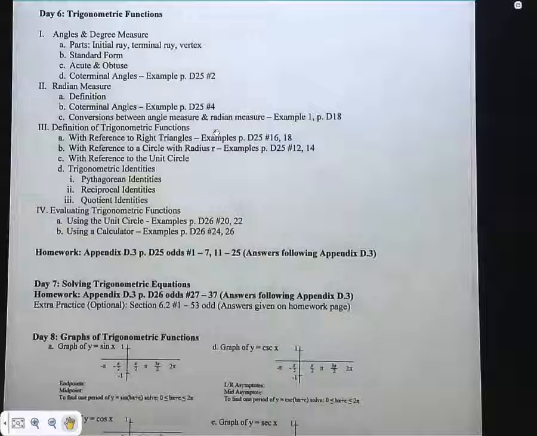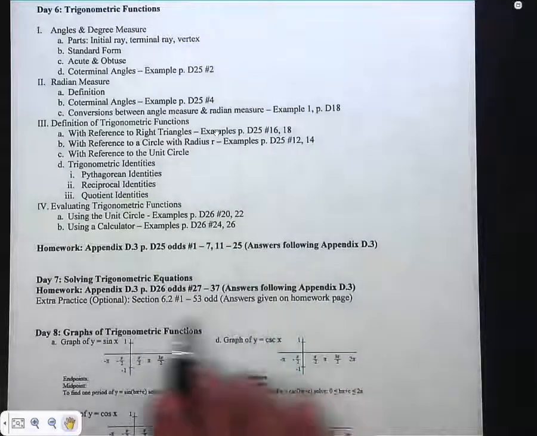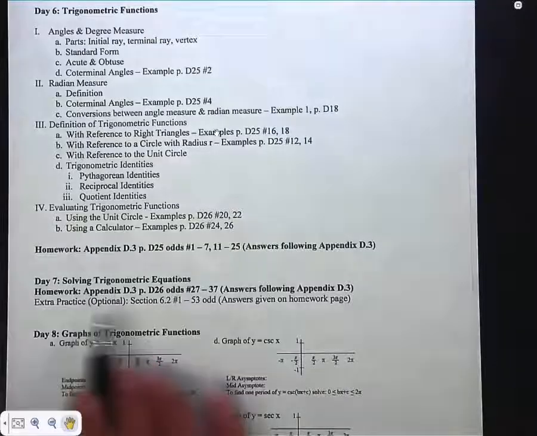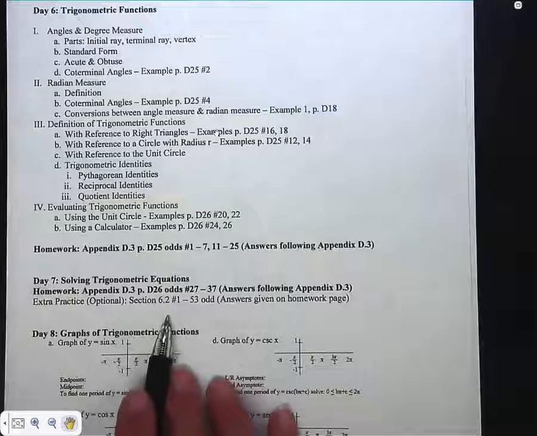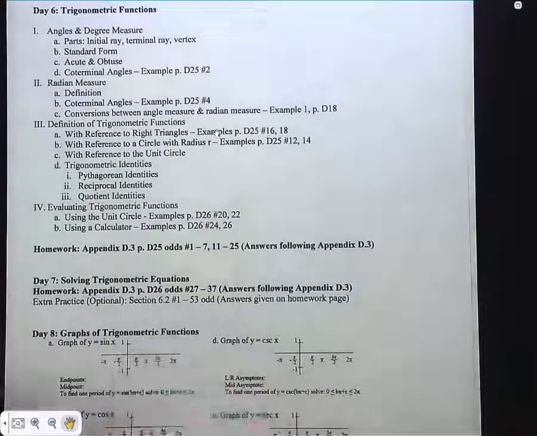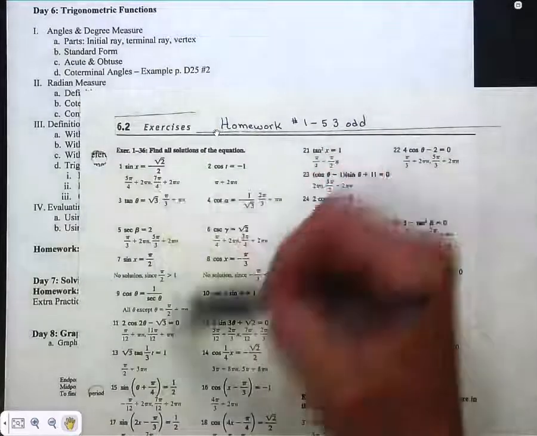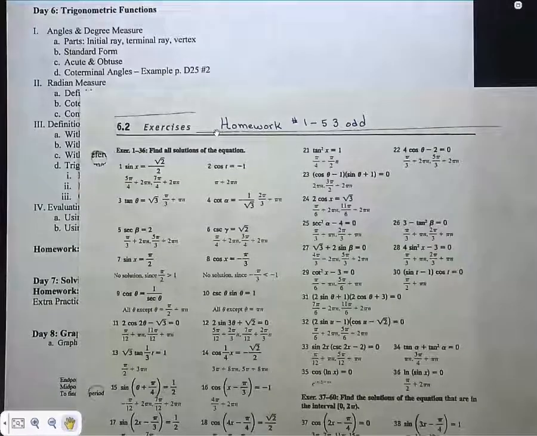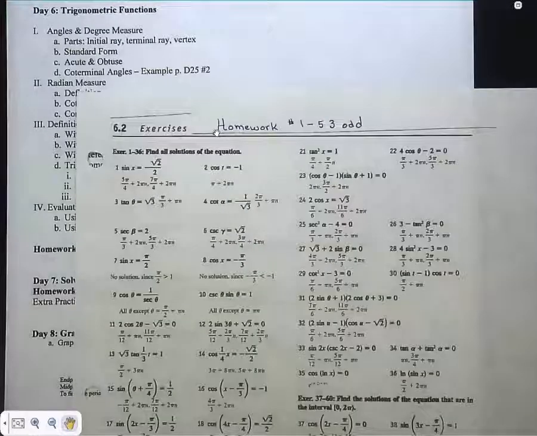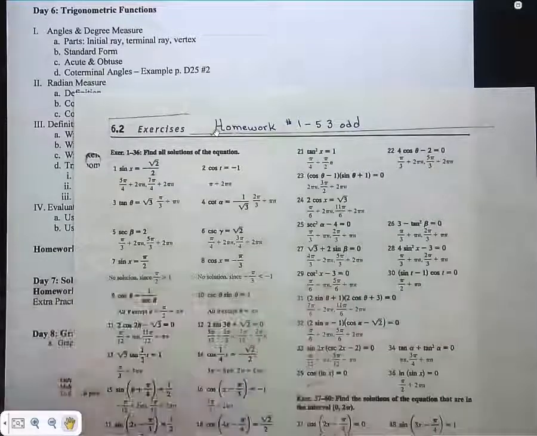Optional homework, but I know that because this is difficult, you need all the practice you can get. You can do as many of those odd problems on 6.2 as you want. That's the handout from which I took my example. All of the odd problems have the answer right beneath them. So you can try as many of those as you'd like, as many as you need to, and ask me questions from both sources